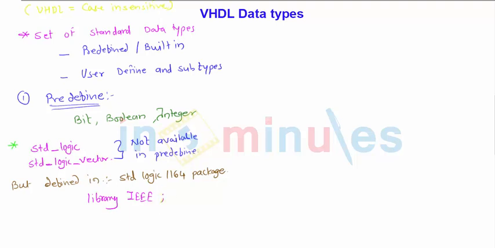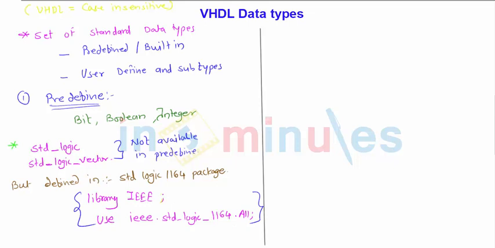If we are using the library, the library is chosen by the command library IEEE. The library is just chosen, but we are not yet allowed to use it. So the second command I will give: use IEEE.std_logic_1164.all. For each program you need to add these two lines, which indicate that you are going to use the IEEE library.